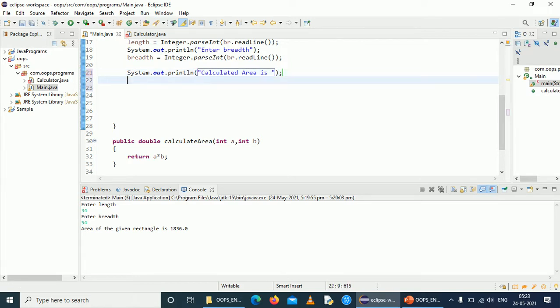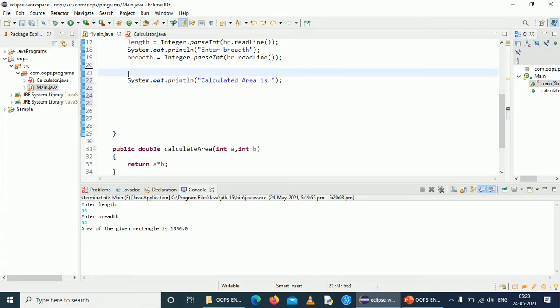To call a method from a class, the method must be either static, or we must create an object for that particular class. Static methods will be discussed later in further videos. As of now, we will create an object for this main class.